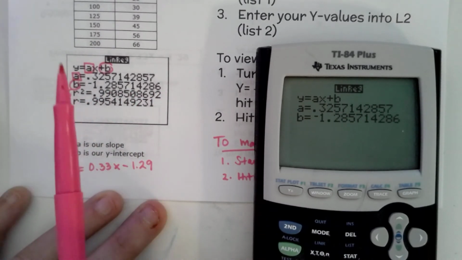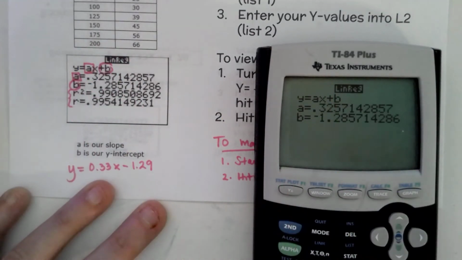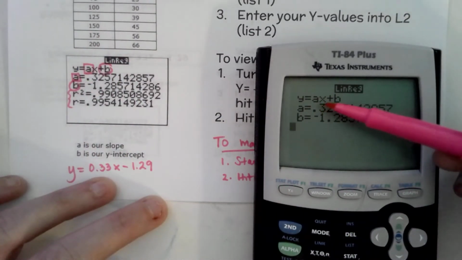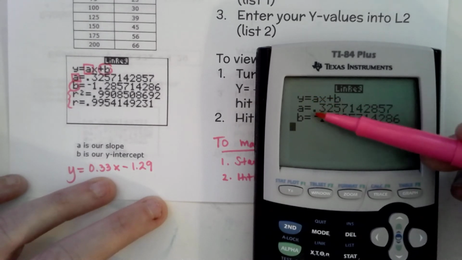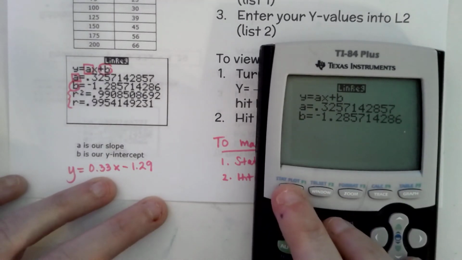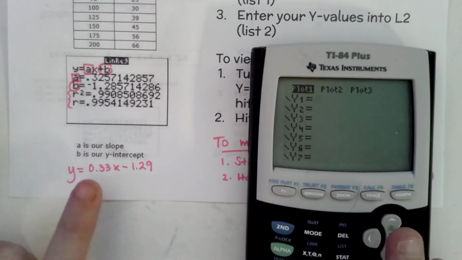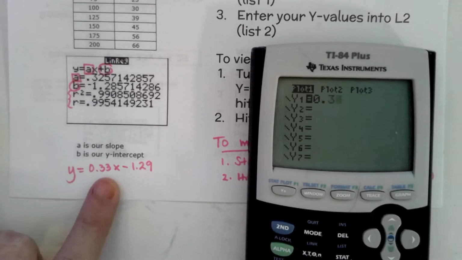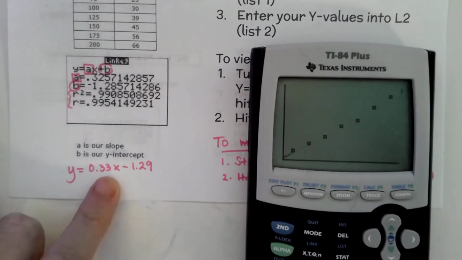Okay. So y equals ax plus b, and then what I do is I substitute in whatever I have for a, because it's like the slope. So this is my slope, and this is my y-intercept. Now, if I take this to y equals and I enter my equation, 0.33x minus 1.29, and I hit graph, now it graphs that line of best fit, that trend line,